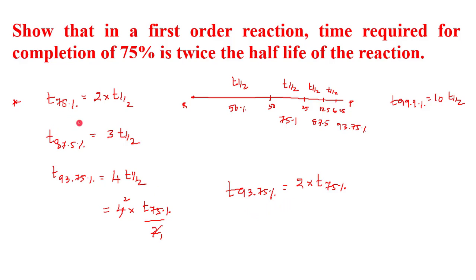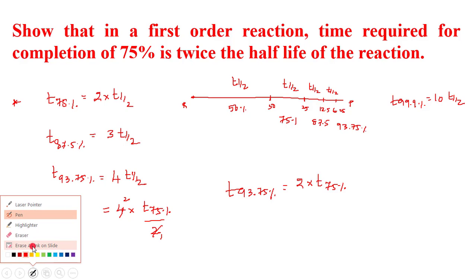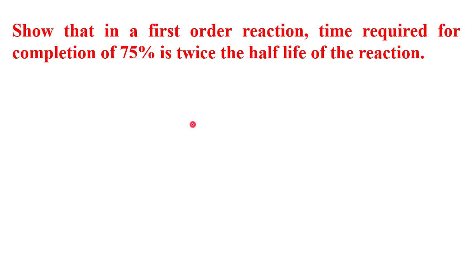So इस तरह आप number of relationships एक्सट्रैक्ट कर सकते हैं ये रिलेशनशिप से, right? So these are all the shortcuts by which you can directly solve the numericals. If you know the half-life, or if you know the time required for this much percentage of completion of the reaction, easily you can use this relationship and calculate, right? And if you want to calculate the number of half-lives of the reaction, how many half-lives are involved in a particular reaction, you can use the formula